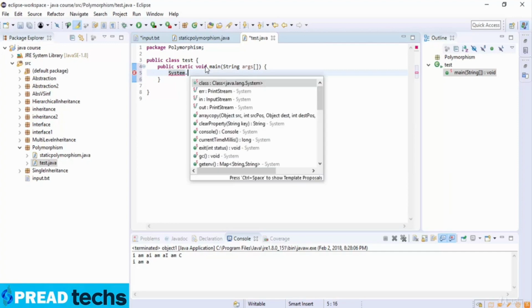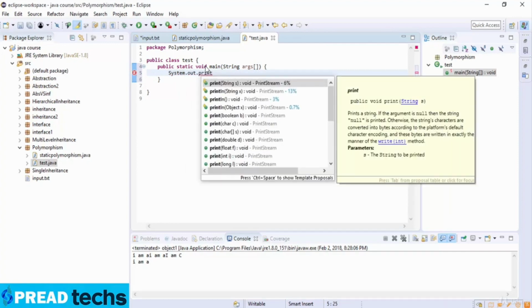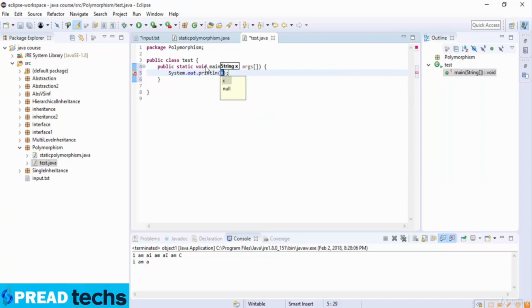Then here I just write system dot out dot print line, and the print line is here I just write the name of the class,